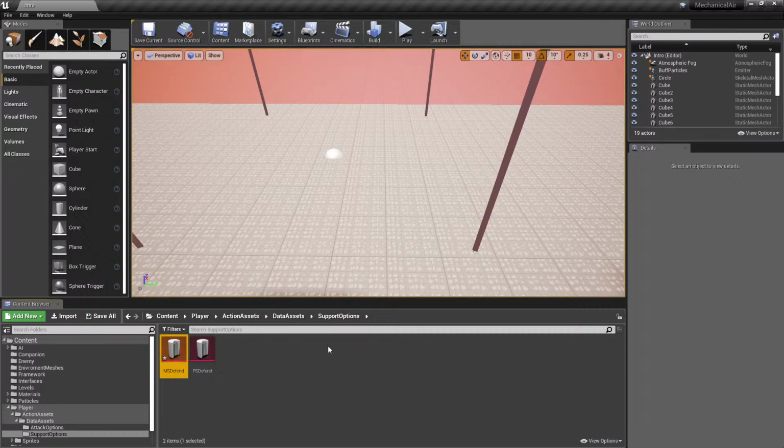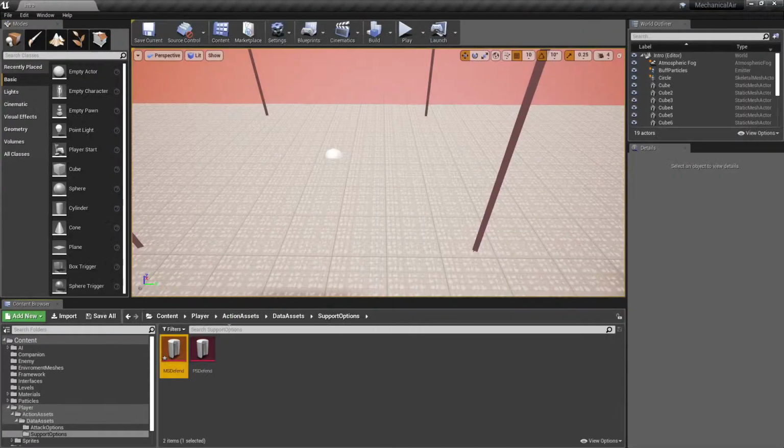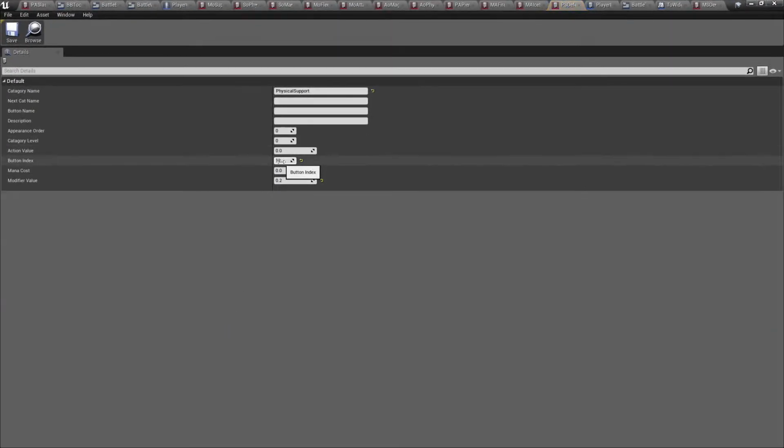Magical support and defend. This is 12. That one can be 12. This one will be 13. But a name, this will be defend, this will be block. Description: block a